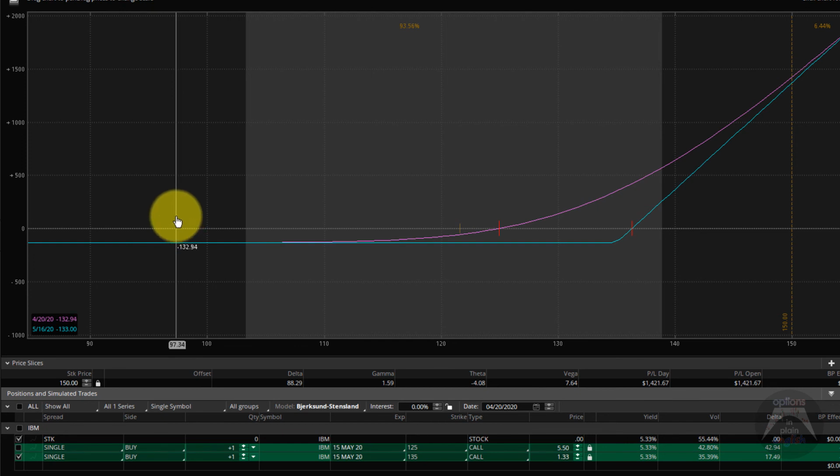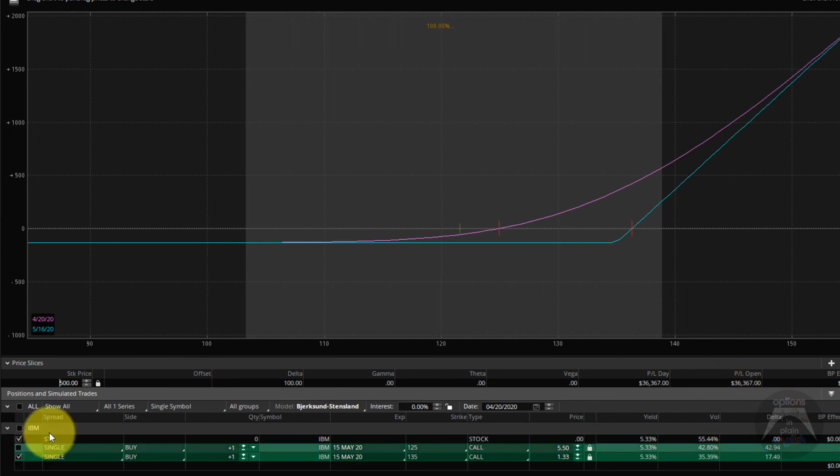Buying a call, this is how it is affected, what your max loss would be. Max profit could be if IBM goes to $500, then you profit all the way. You're making here $36,000. Of course, this is unrealistic, but you can see how different buying a stock is from buying a call